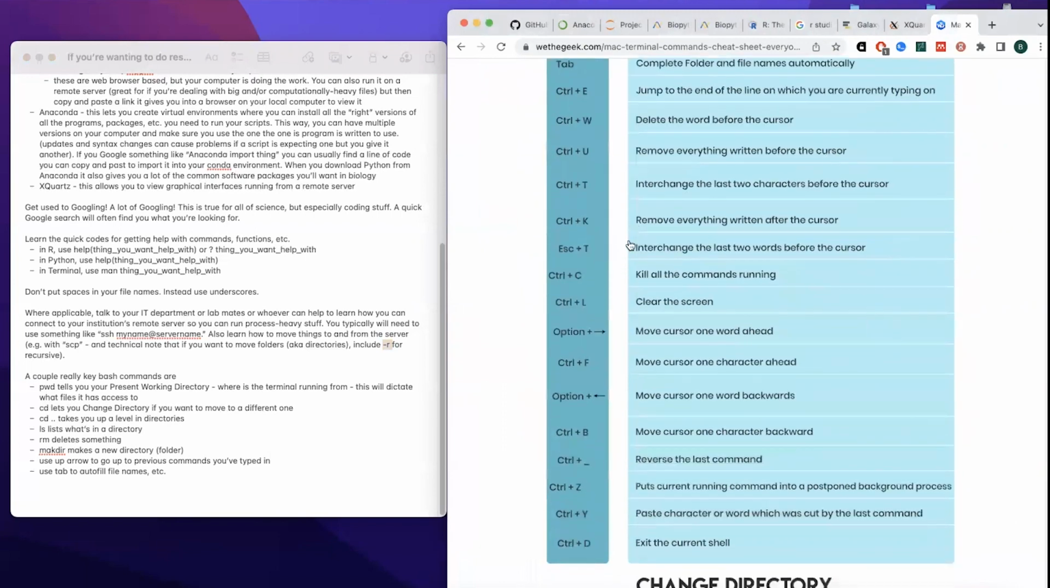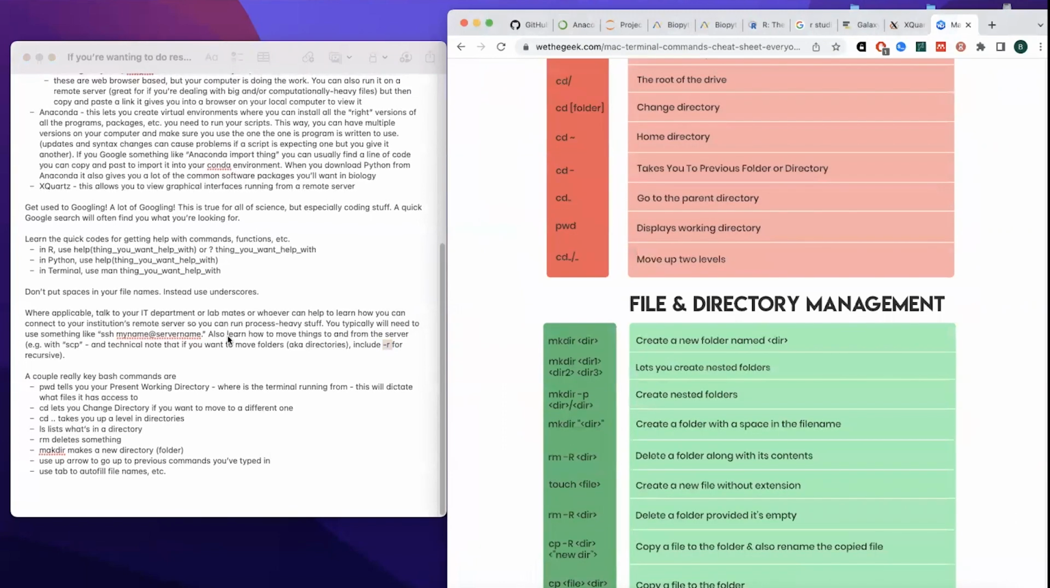Some of the really common things that you want are pwd. This is going to tell you your present working directory. So when you start your terminal, you want to start it from the directory that has all the stuff that you need. But you don't want to start too far away from what you need, because then you're going to have